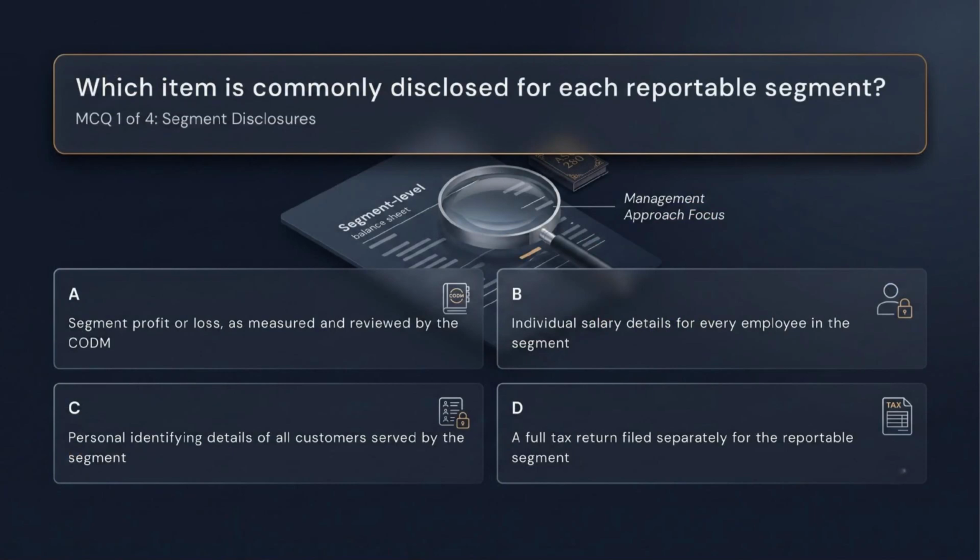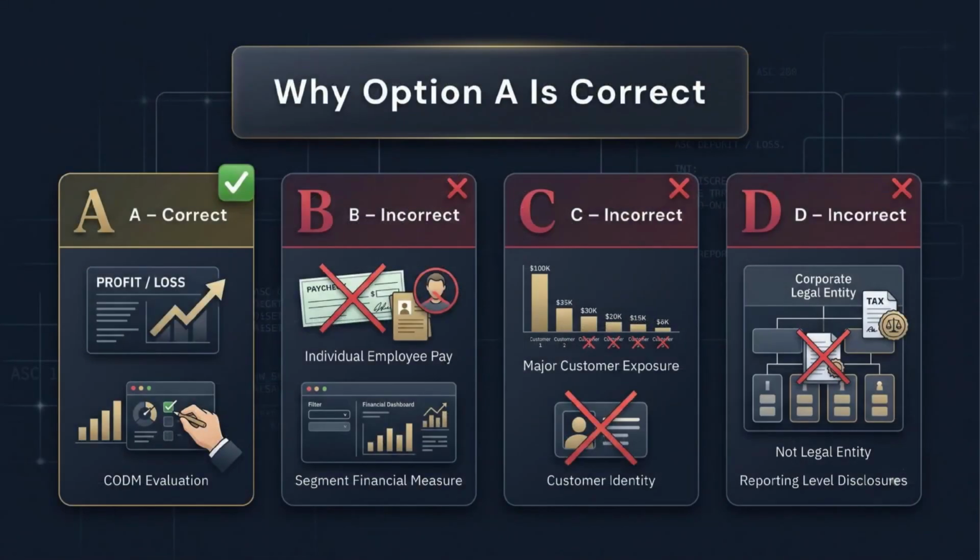For MCQ 1, focus on reportable segment disclosures. The question asks which item is commonly disclosed for each reportable segment. Think about the management approach. ASC 280 is concerned with the measures the CODM uses to assess performance and allocate resources. So look for the option that relates to segment level performance reporting, not employee details, customer personal details, or tax filings. The correct answer is A, segment profit or loss as measured and reviewed by the CODM, that is central